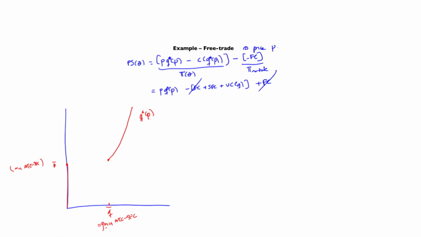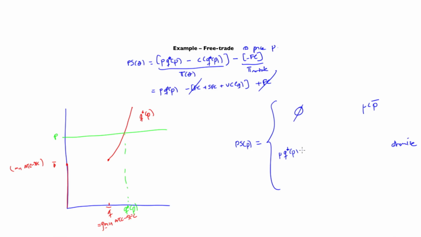Now let's write down what the producer surplus is at any price P. It should be easy to see that when price is less than P bar, and we are down here, production is 0, and the profits are either 0 or minus the fixed cost, and therefore the producer surplus is 0. Now, what is interesting is what happens when we are at a price like this one, that is above, at which you are at an interior solution. Well, let's derive what the producer surplus is in that case. It's going to be the revenue, which is just P times Q star of P, so this is the otherwise case,